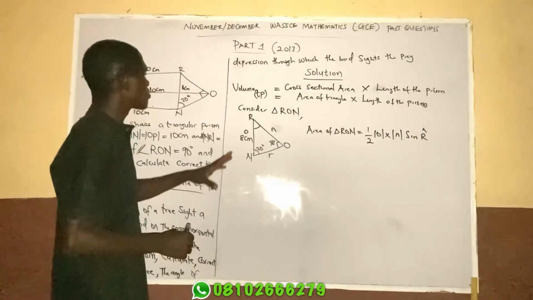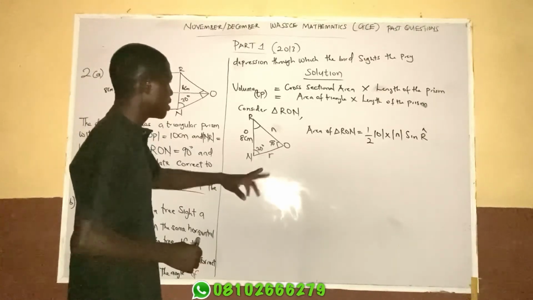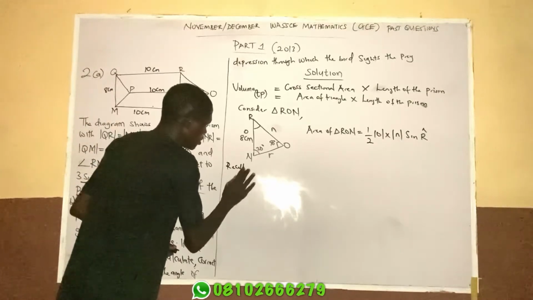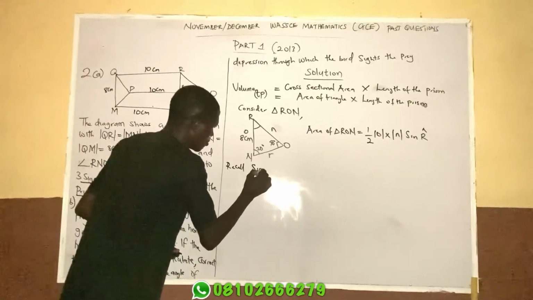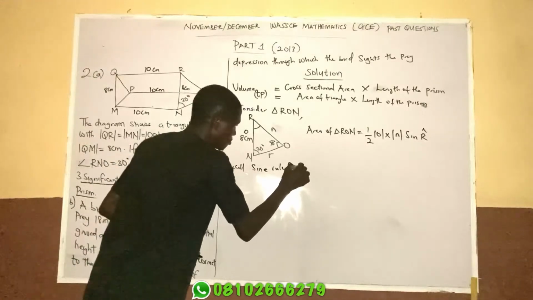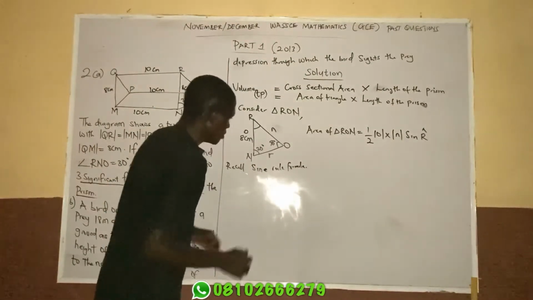Now, but I need side N. But how do I get side N? Then I have to recall the sine rule formula, the sine rule formula, which says